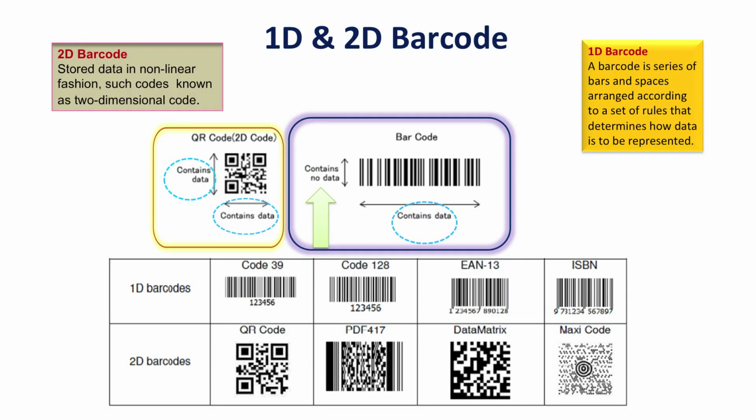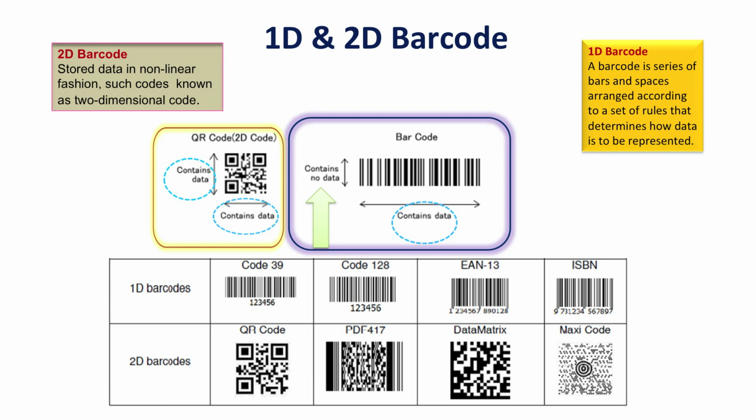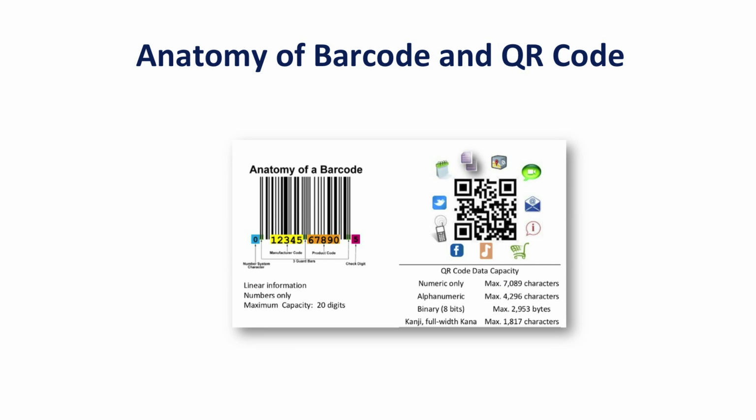There are different kinds of barcode standards and QR code standards. For example, barcode standards are code 39, code 128, code EAN 13 and ISBN. These are very limited to the circulation section of the library, and pertain only to accession numbers as far as the library is concerned, or otherwise to the ISBN number for the respective publishers. But QR codes have different kinds of standards: the QR code, PDF 417, data matrix, maxi code and many more.